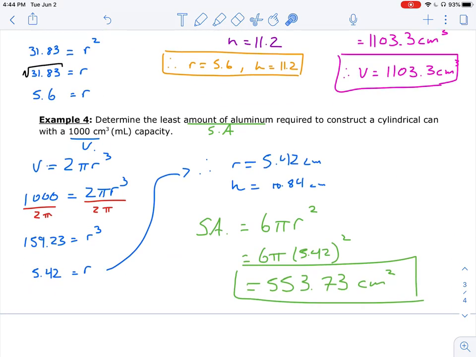Same idea down here. Let's look at what it is we need to find, determine the least amount of aluminum, and we're given a volume, we're given a capacity. So that's the hint. Use our volume, find our dimension, and then plug it into